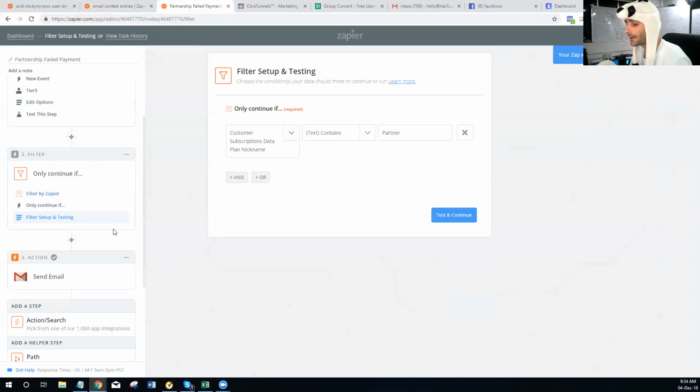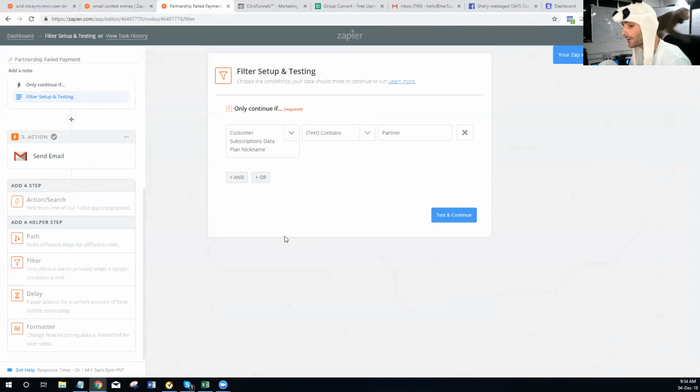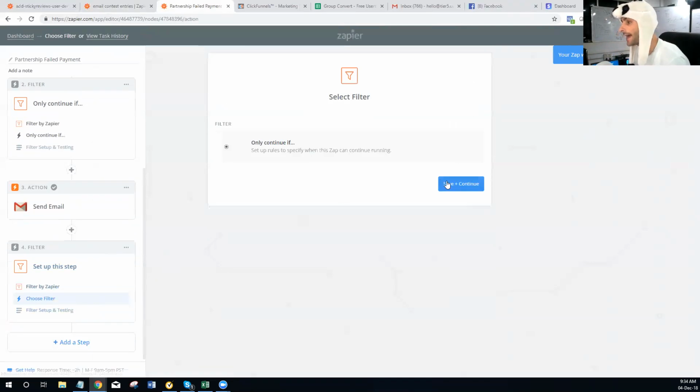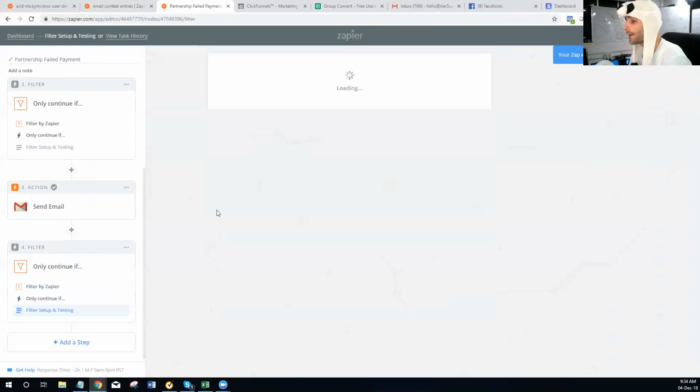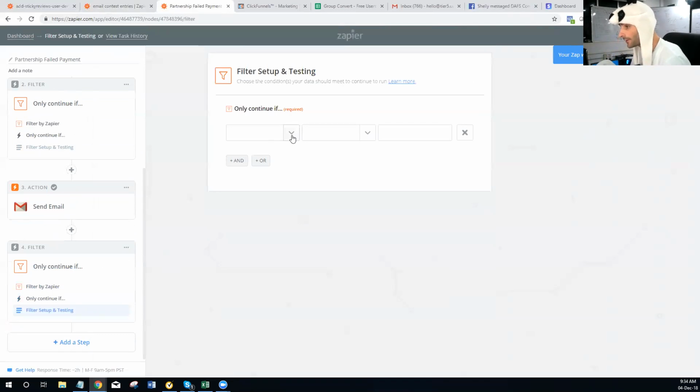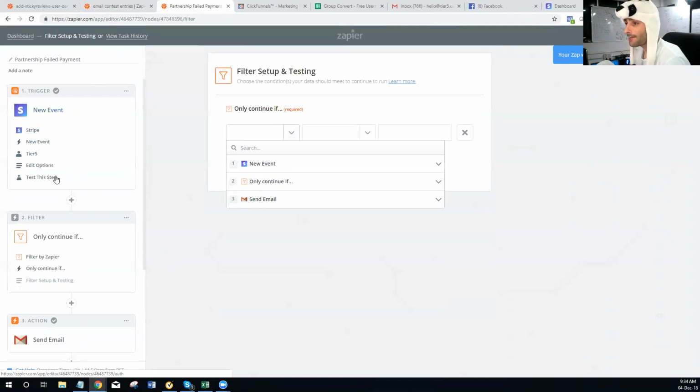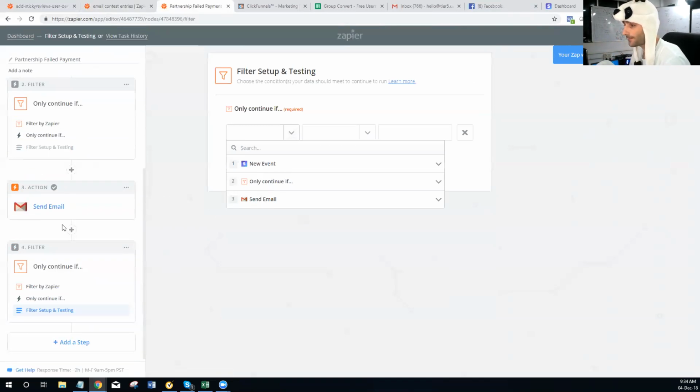All right. So you can come down here. I could add another filter down here for some reason, and whenever I add another filter down here, I would be able to select from my previous data. All right. So you can see I've got all these previous steps, step 1, step 2, step 3. I can filter on any of the data out. If you remember in the task history, I showed you that each Zap has some data out. So you could go in and actually